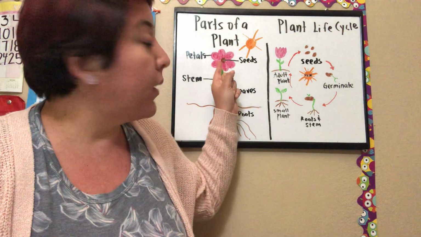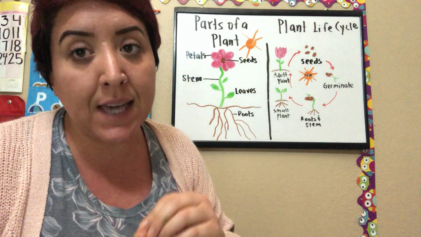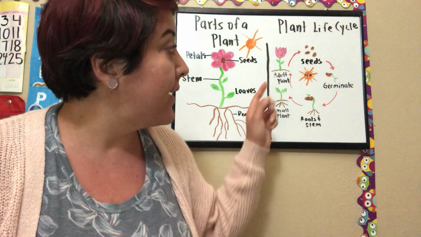And after that, in the middle of our flowers, like you'll see in our flower parts, you usually have more seeds. Or in a fruit, when you cut it open, right, that is where you get the seeds. And the seeds are important for our cycle to start all over again. And when you have them in flowers like this,